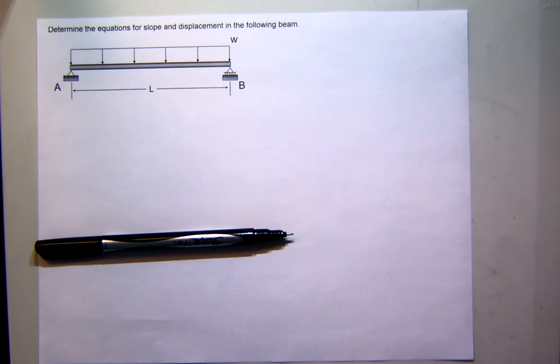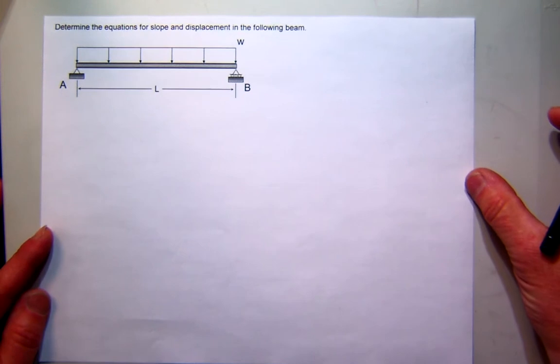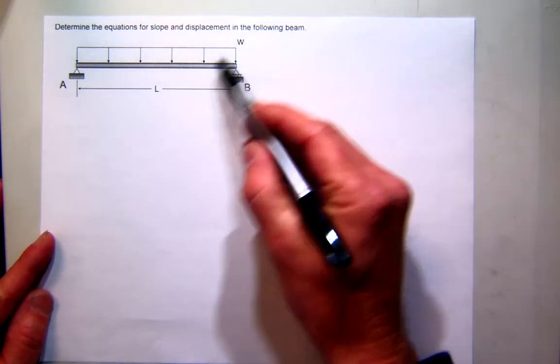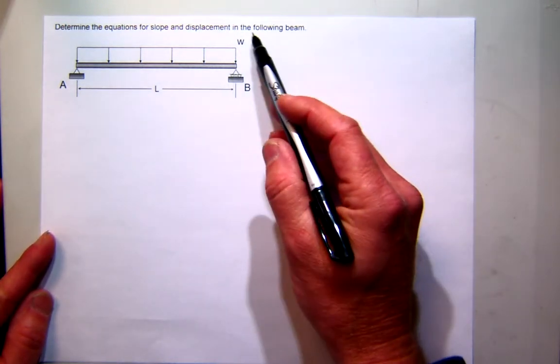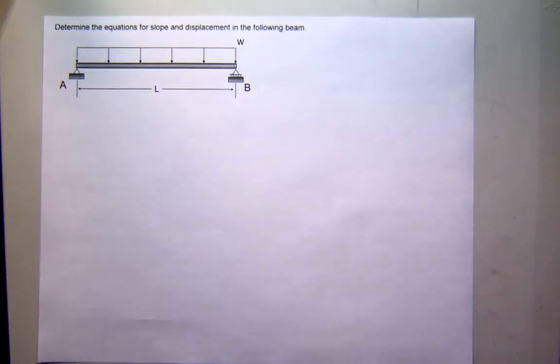Alright, so let's work this problem. We're going to try to find equations for displacement and slope for a simply supported beam with a general load W on it. I like these problems because they're symbolic. Once we finish, we can have any load at any length. It's kind of cool. So the first thing we need in this method, the direct integration method, is